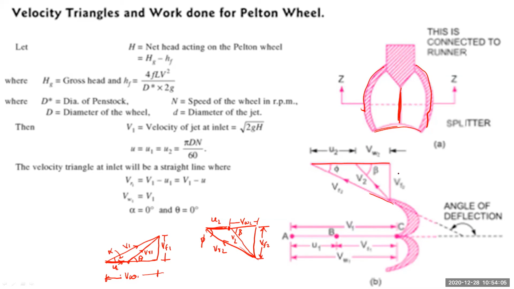So this is how the velocity diagram is drawn. In the case of this Pelton wheel, keep in mind that alpha as well as theta are both 0 degrees. So V1 will be a straight line. Now this will be your U1 up to this location. After this we will have VR1, which is the difference V1 minus U1, and this entire length will be your VW1, and VF1 for this case will be 0.